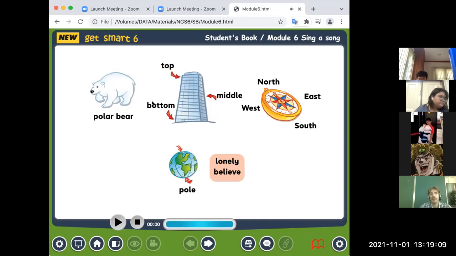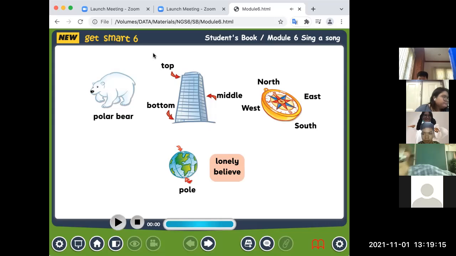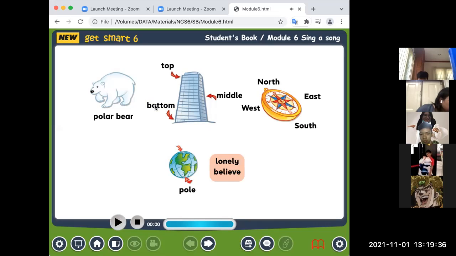Bottom. Middle. So when I have this, this is top, this is bottom, and this is middle.